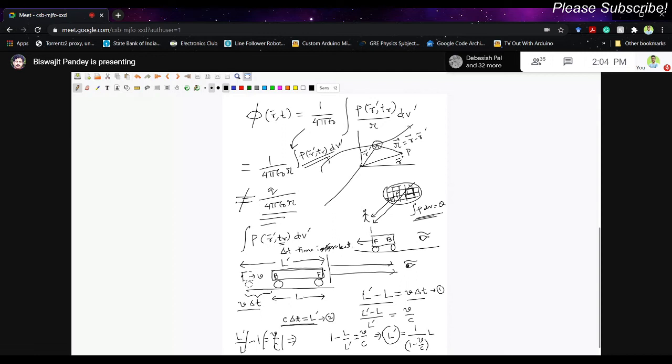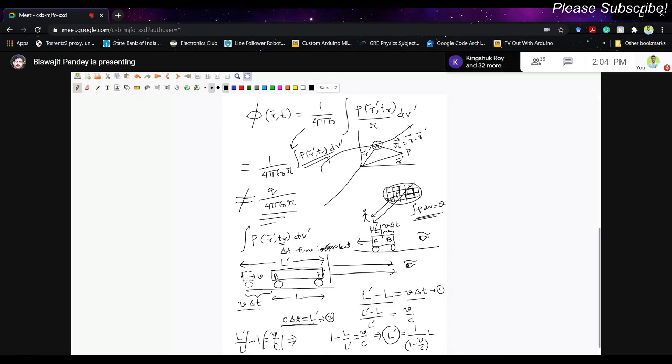So the light coming from the front end will meet the back side when the back side has moved here, right? Because it is moving away from you. So this will be L prime. L prime will be a small, short distance here. Here L prime was larger. Here L prime will be smaller than L because the train is moving away from you. So L prime will be shorter than the actual length. You can see this L prime, and this will be V delta t.